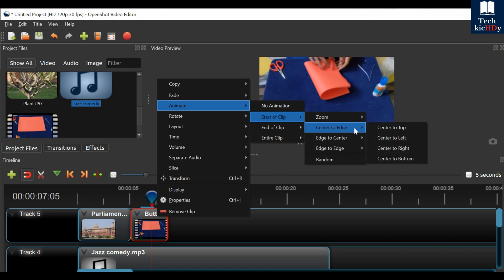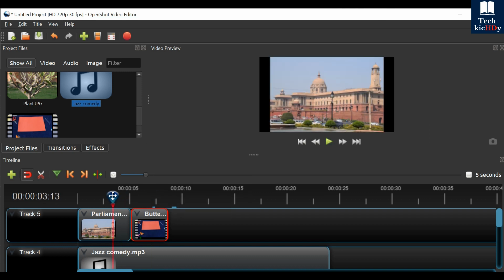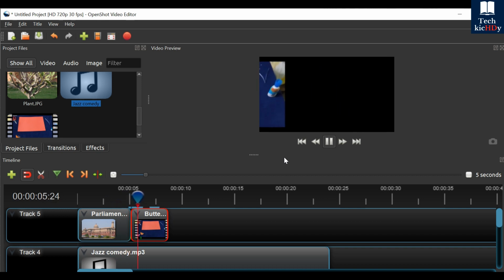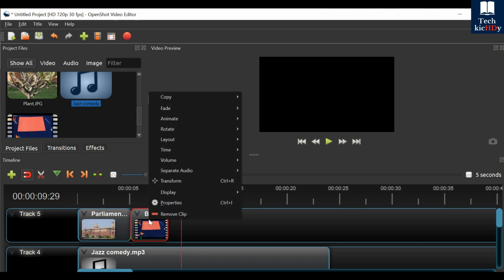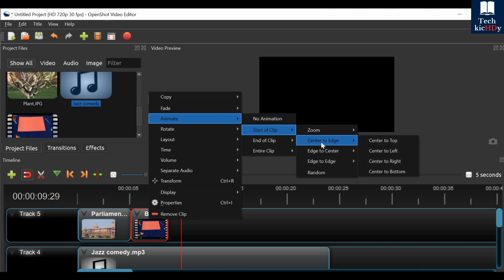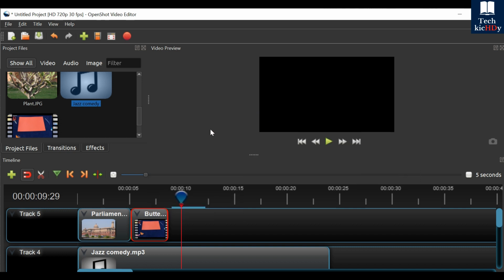Start of the clip, center to edge, probably center to left. Let's just try it out how it appears. Yeah, it's just moving away. This is something which we may not require. Even I'm just playing it around now, so for sure we don't require it now. So we can just go to no animation,